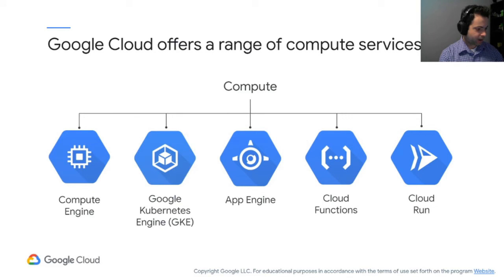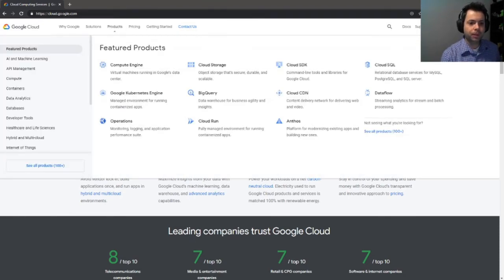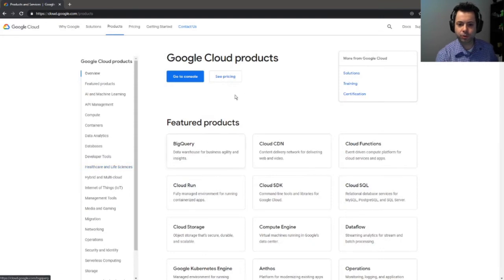Now, we have a whole lot of different available products for you, and you're going to be looking through this in various labs. But I'm just going here to Google's products that are available, and you see there are 100 plus out there, right?